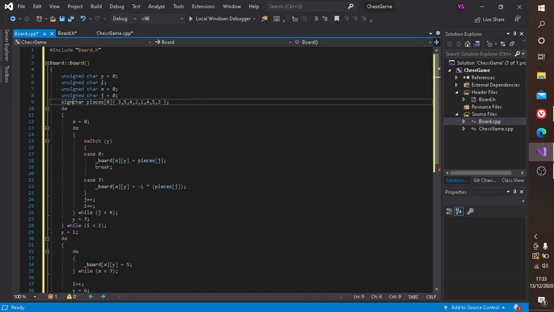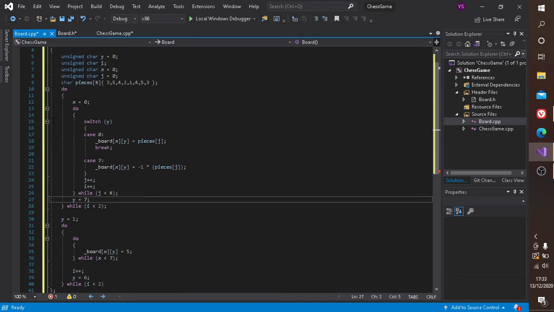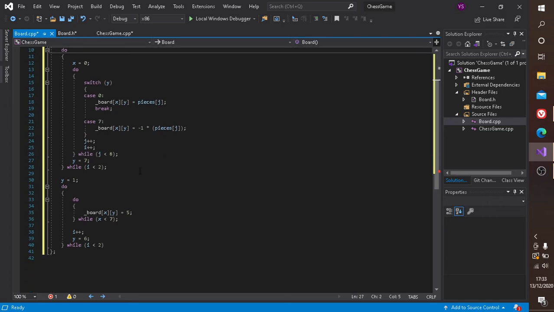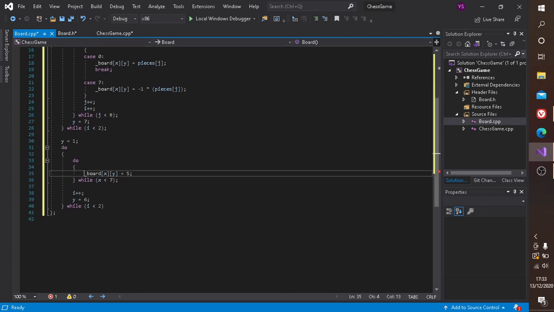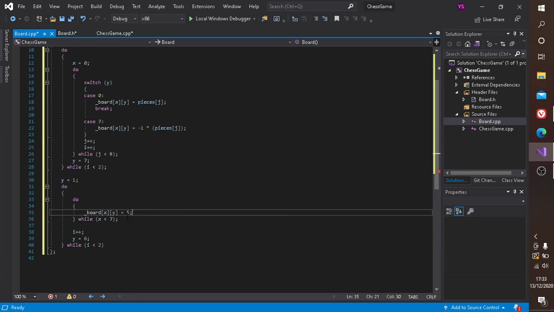I don't think I need this sign, do I not? No, I don't. Just checking over that. Okay, so that should work. Just put a space there. So that do while now works. Let's keep that open actually. Next. So now we need to chuck in the other pieces. Yeah, that should work. And then